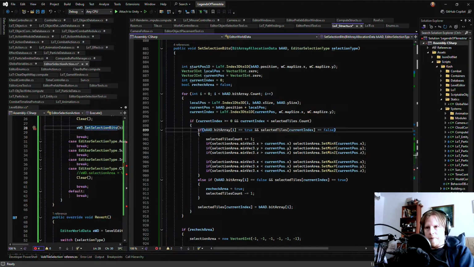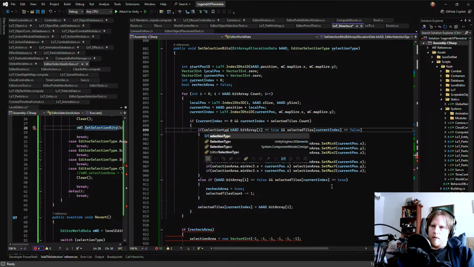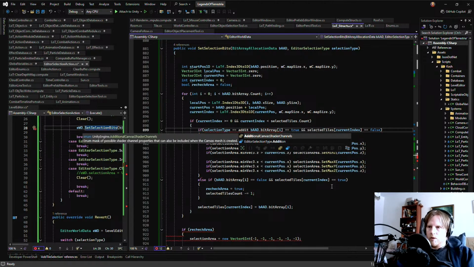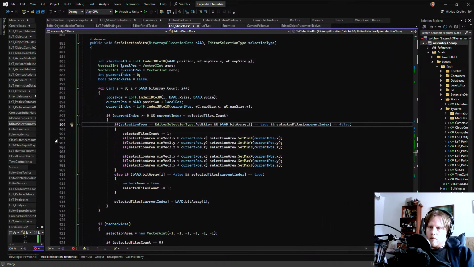So then, if the incoming bit array is true and the selected tile is false, and we have to say selection type equals addition, or intersection.